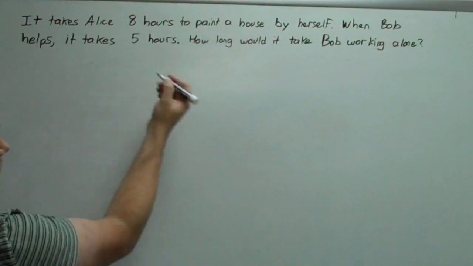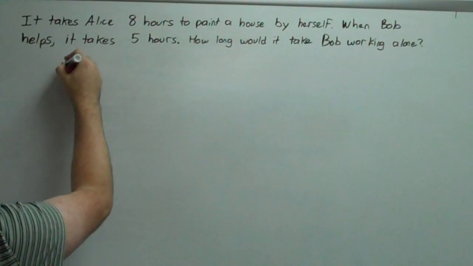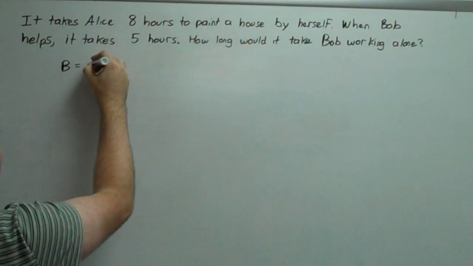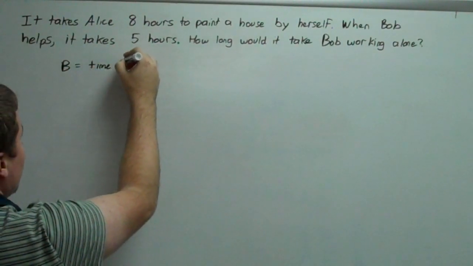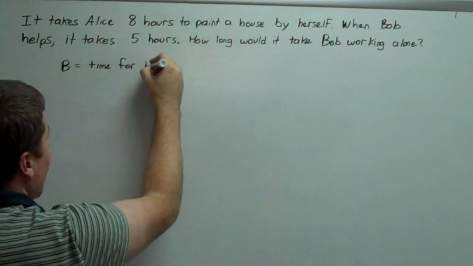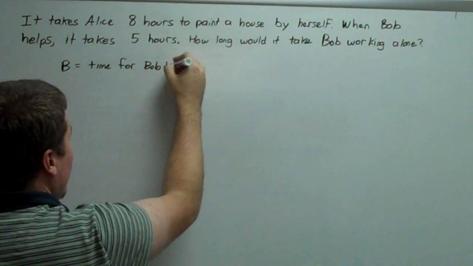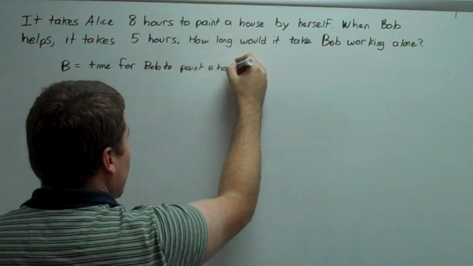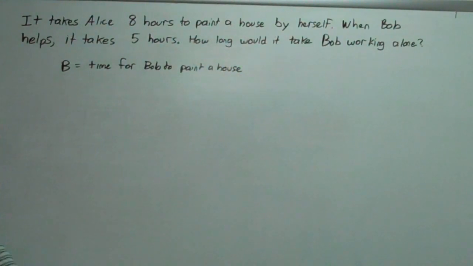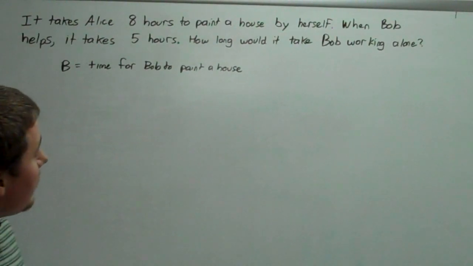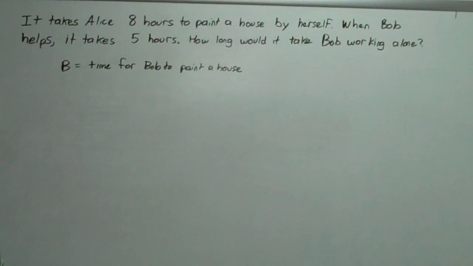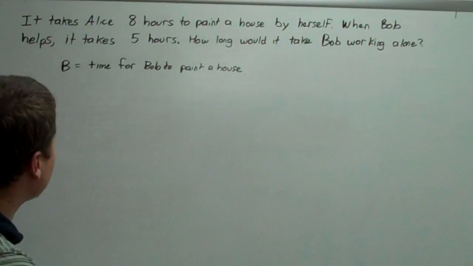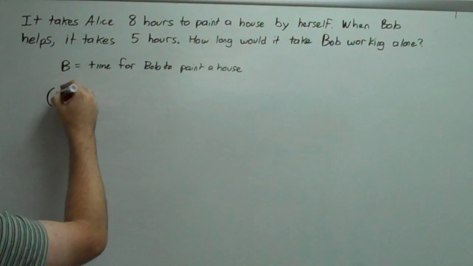I think first we have to define a variable, of course. Let B equal the time for Bob to paint a house alone, of course. So let's take a look at how much each person can do on their own in 1 hour. So the part of the house